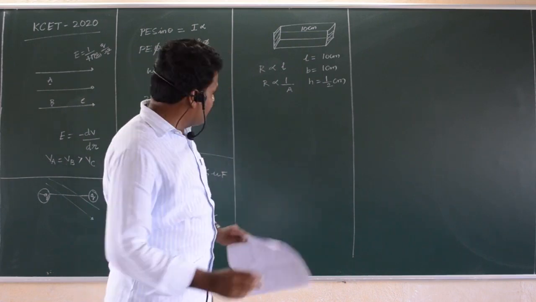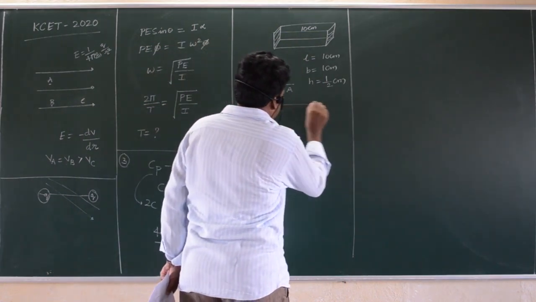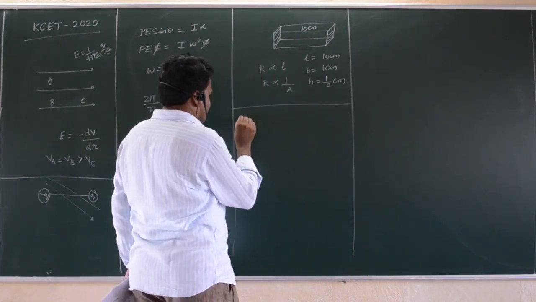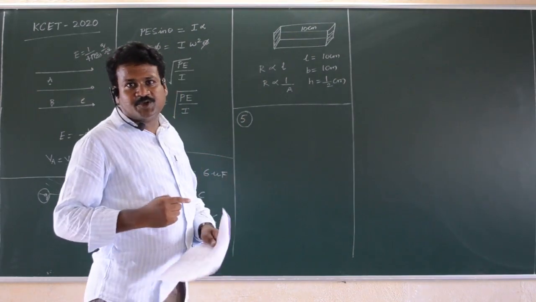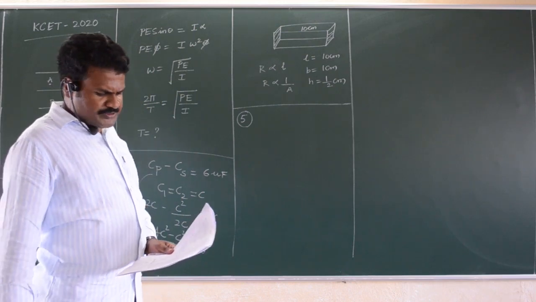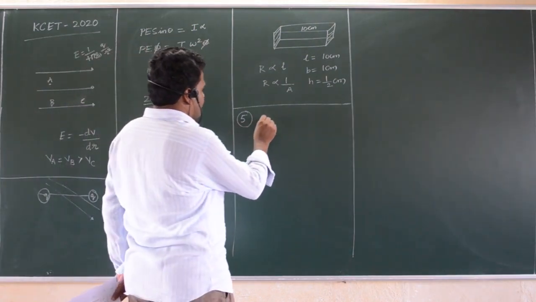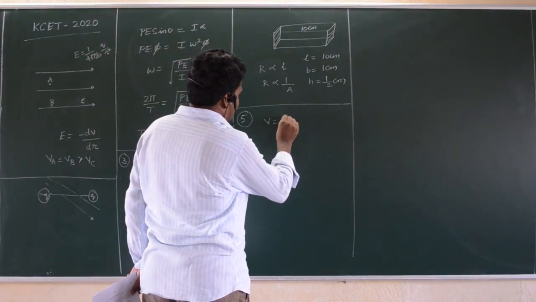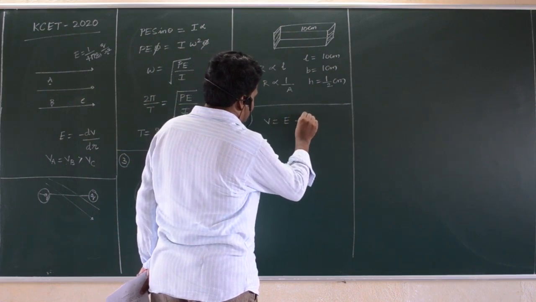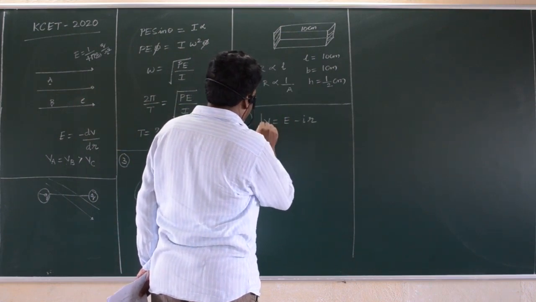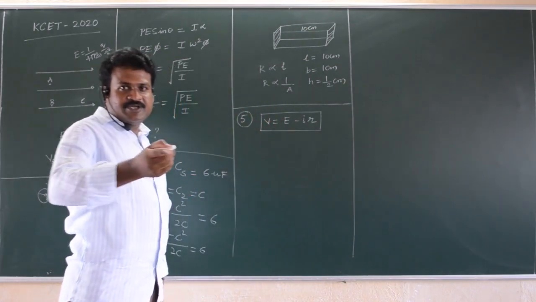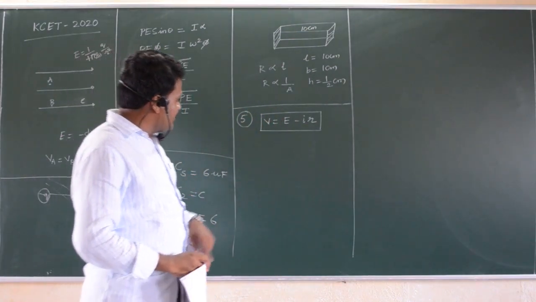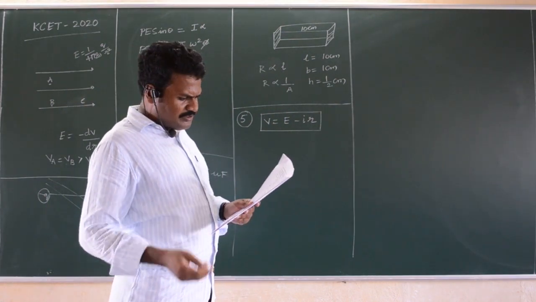And next question. This is based on our video which we did very recently on circuit problems. Based on those circuit problems, 2 questions appeared today. It is given that potential difference is equal to EMF minus IR. If you observe our video of circuit problems, the first concept I explained was the difference between potential difference and EMF. So he is asking potential difference.